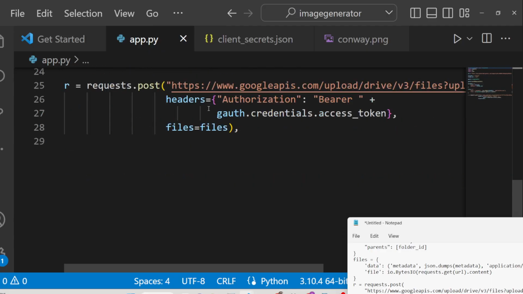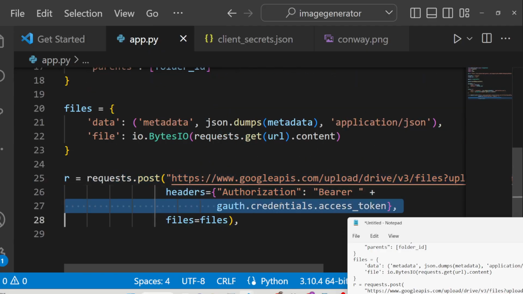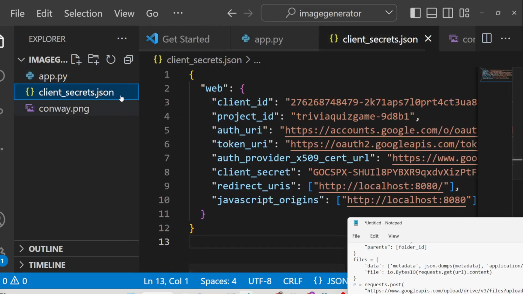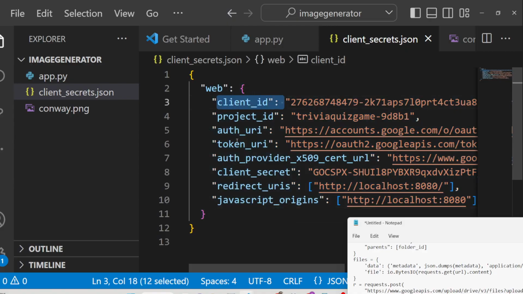And basically it is using a simple post request to the Google Drive API. We are passing the access token here itself. You just need to construct this file here, client_secrets.json, which contains the information about your project, which will actually contain client ID, secret, token URI, redirect URI. I explained all this